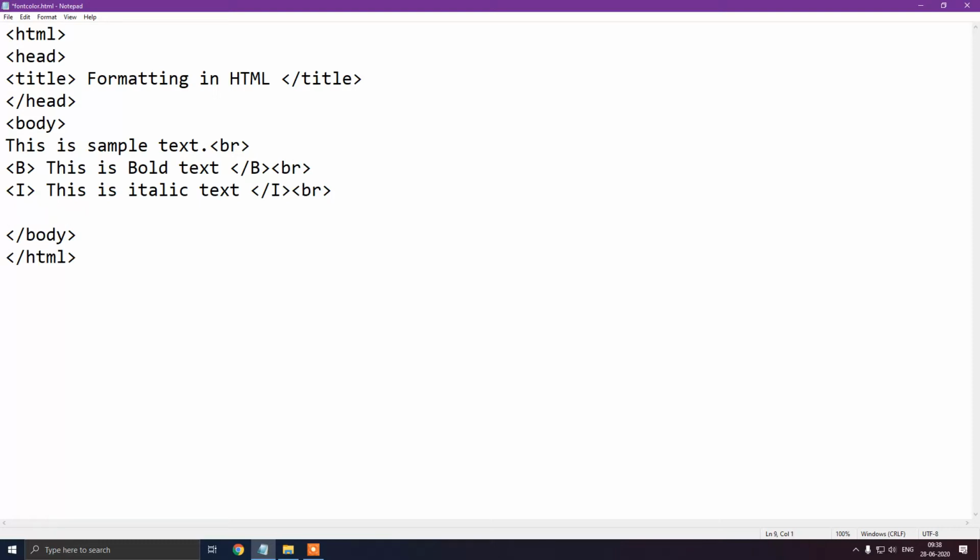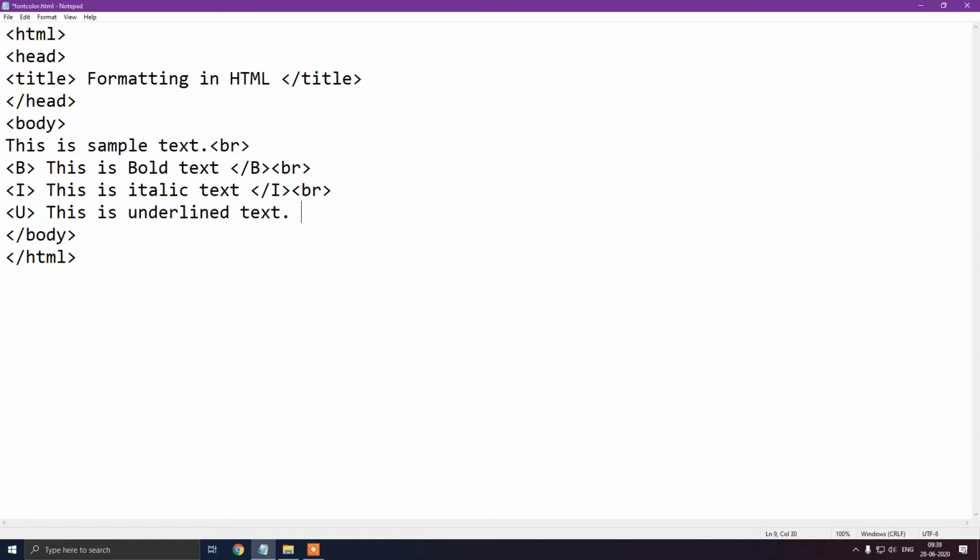Then for underline, we will use U tag. And here we will write, this is underlined text. Full stop.